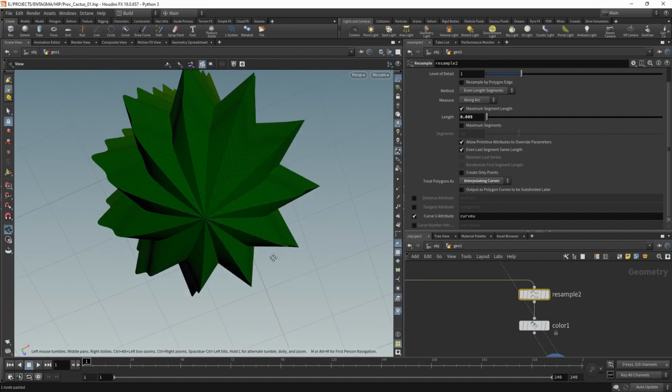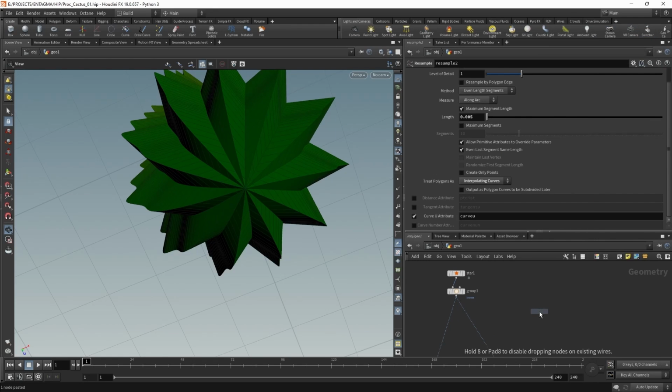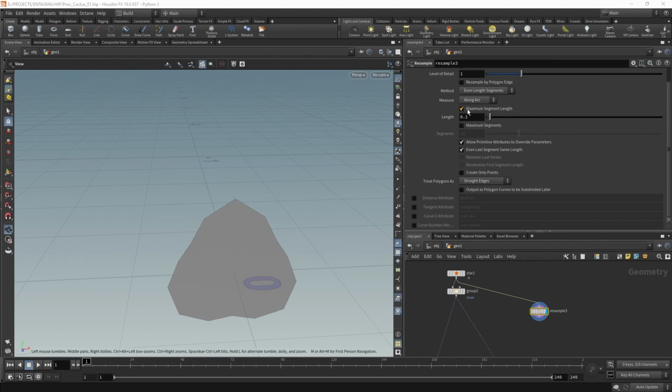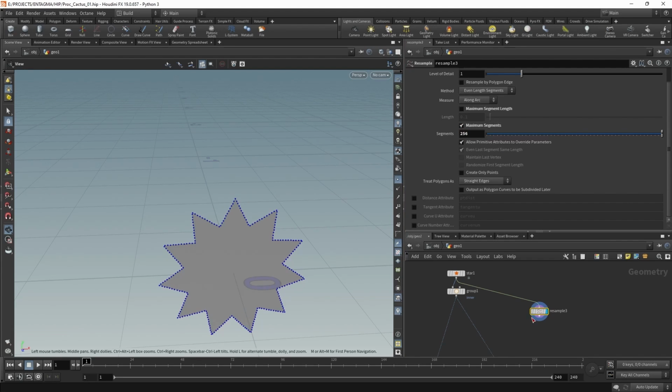However, if I look at this from the top, I can see my star cross section is a bit too geometric, too sharp for my liking. So again, what I'll do is take this star here, the star group, and wire it into a resample node. Don't need the inner group now. Let's just highlight this here. And the resample node in this case is set up to be 2 cores. So let's uncheck the maximum segment length and check the maximum segments instead and increase those quite drastically. So now if I highlight the point display, I can see I've got many points here instead of just the